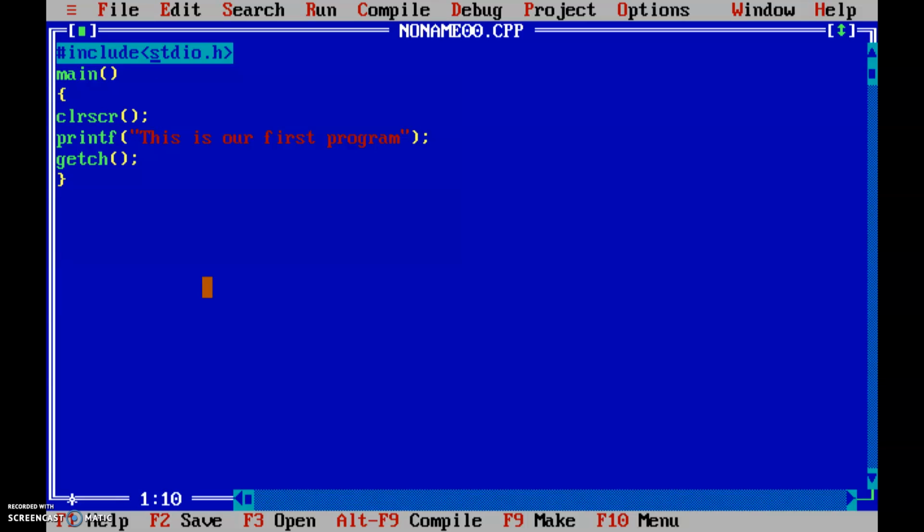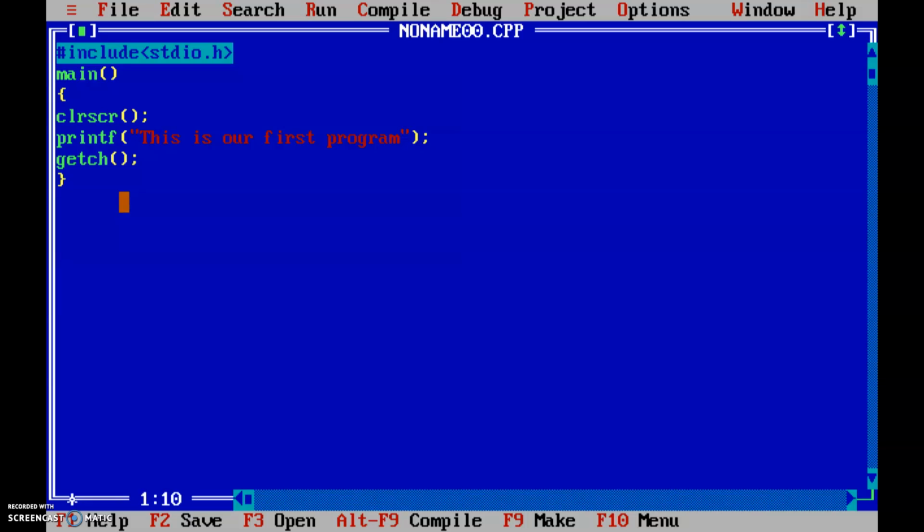So this is the first line of every C program, a header file. STD means standard, I means input, O means output, H means header file. So what is a header file? The list of library functions is stored in that header file. That is the meaning.